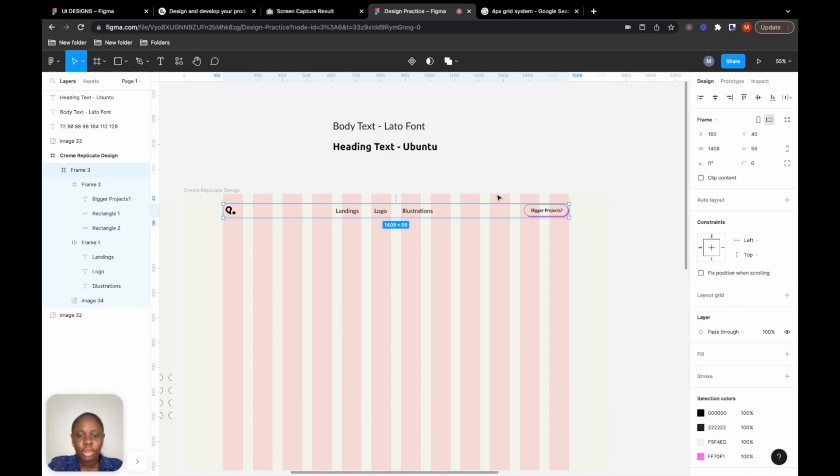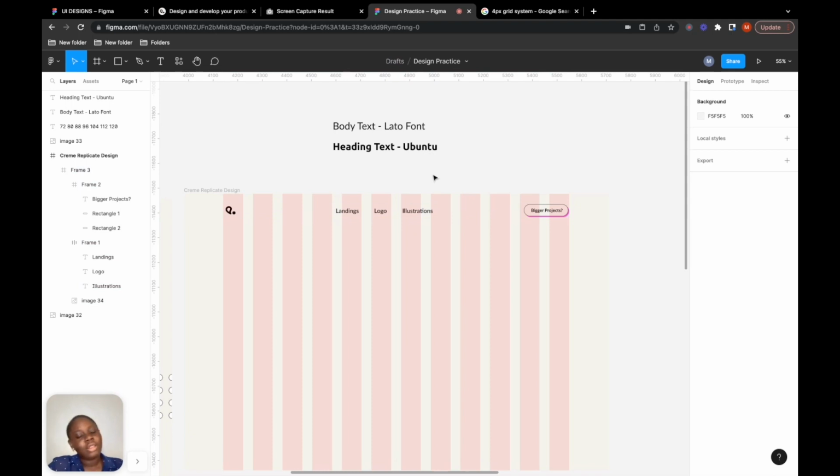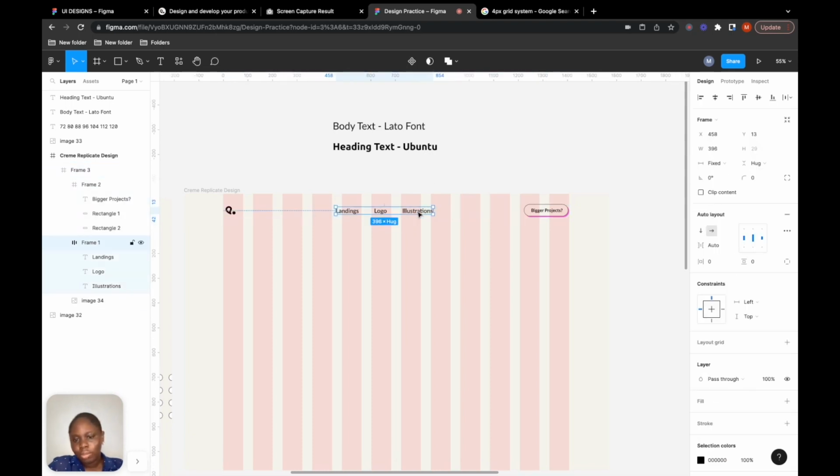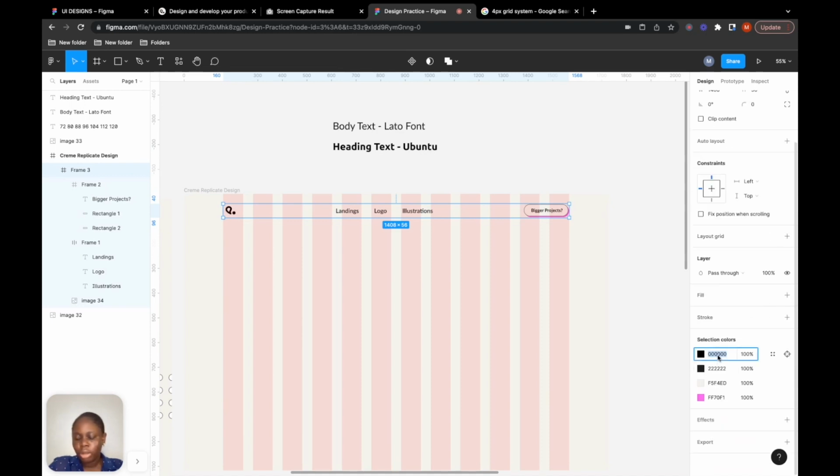Right. So now I want to check the spacing I have here and it's on 40. I think that's good to go. We can start with this. Oops, I want to change the color of this. I don't like using pure black, so I'll change this to